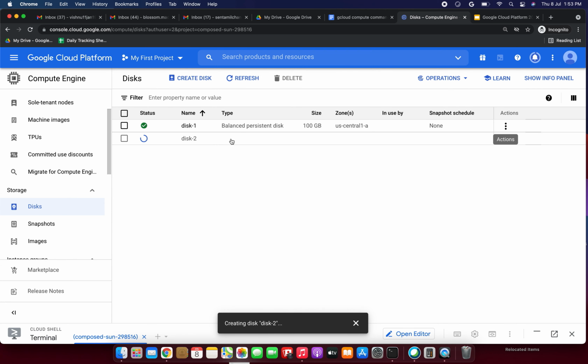It is easy. If we are doing it again and again, then we can use this method, the clone action. On the right side we have three dots, just click the three dots, Actions, and here we have the clone disk option. So we need to click that option. This is what I thought to tell you, friends.